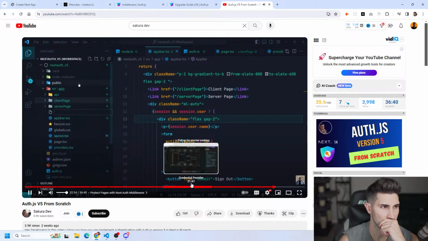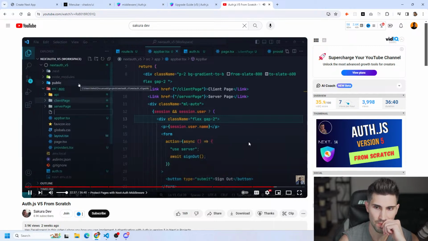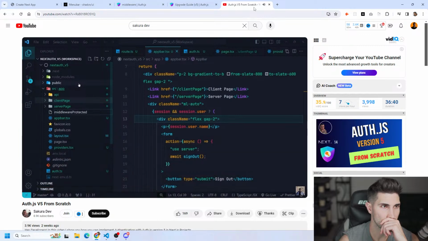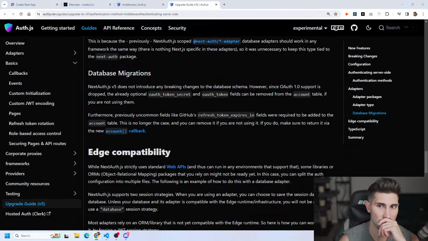Inside the app directory, I'm going to create a page for testing the middleware. Can you guys hear this tutorial through the live or no? Middleware protected, okay, and then inside it I'm going to create the page.tsx. Okay, let's create a page here, and inside the main div, let's say this page is